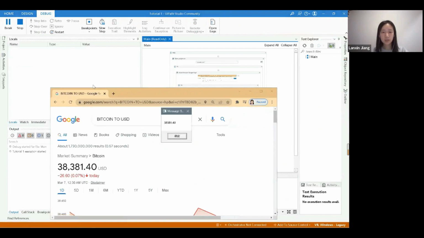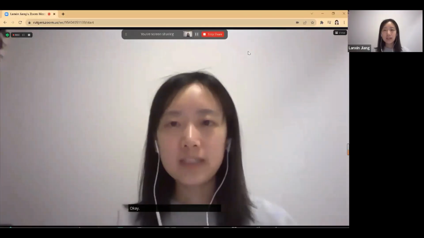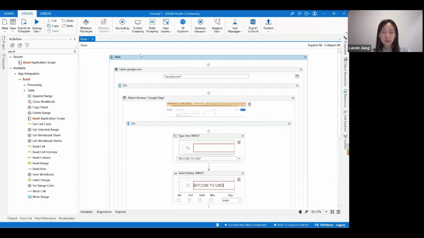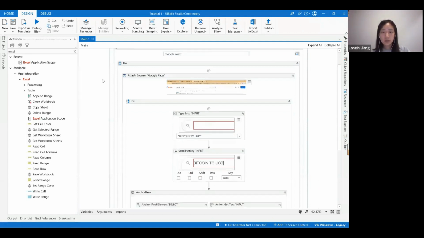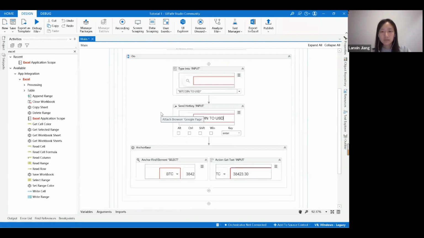Now the bot is running and we get the message box. You can find it runs much faster than humans, right? That proves the RPA's efficiency. So based on our last example, we already automate the process to go to Google, search for, and get the Bitcoin code. Now, if we want to